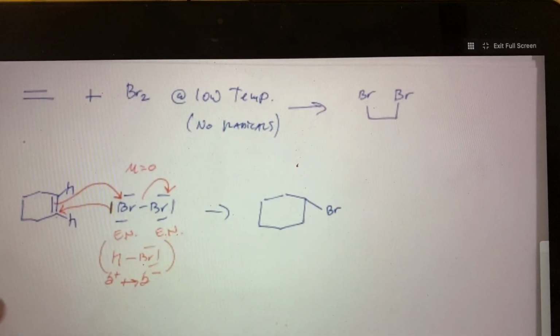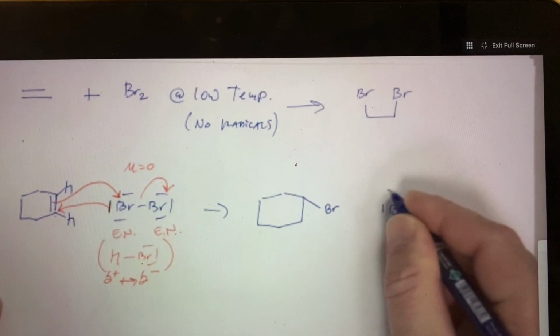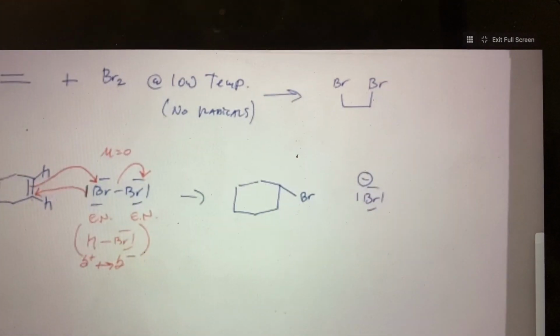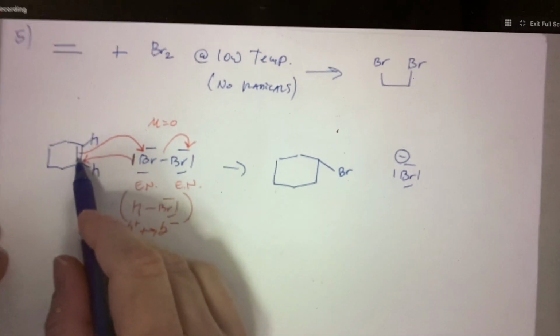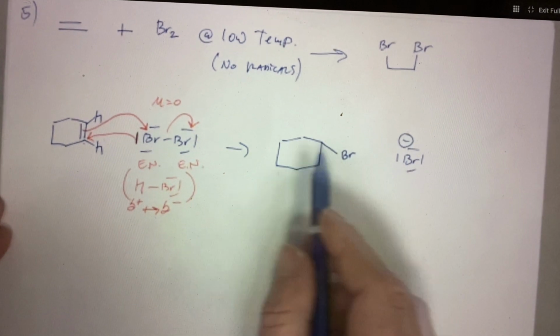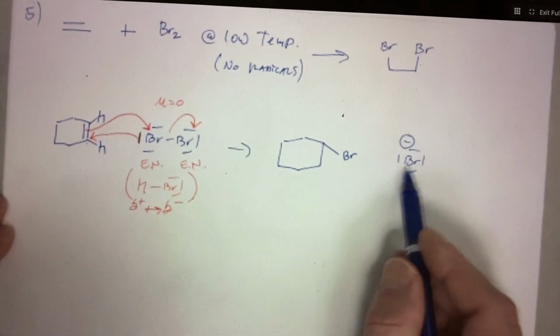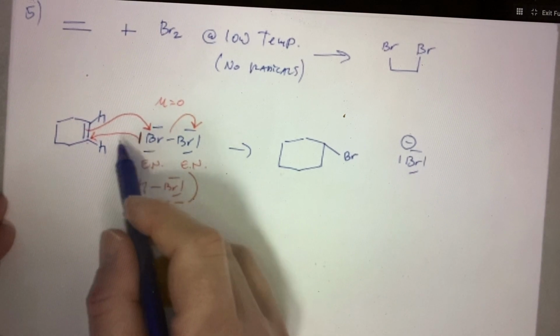That goes to bromine. The bromine-bromine bond has broken. These are what the first two arrows get us. Pi bond broken, new bond to bromine. Bromine-bromine bond broken, pair of electrons to bromine. Pair of electrons from bromine goes back